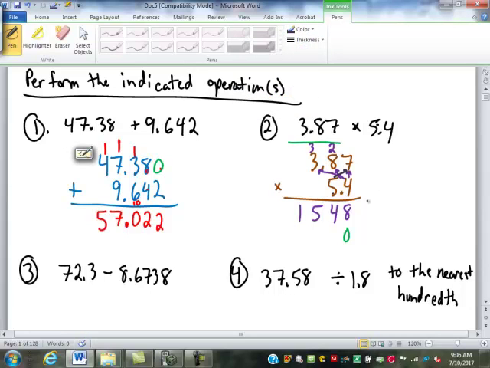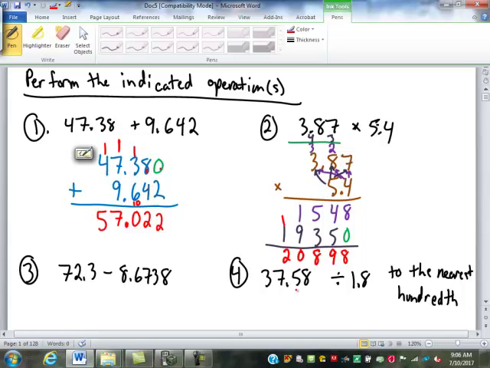5 times 7? 35, so 5, carry the 3. 5 times 8? 40, plus the 3? 43, so 3, carry the 4. 5 times 3 is 15, plus 4? 19, so 9, and we move over the 1, carry over the 1. Then we're going to add 8 and 0, 8. 4 and 9, or 4 and 5 would be 9. 5 and 3, 8. 1 and 9, 10. So 0, carry the 1, and 1,